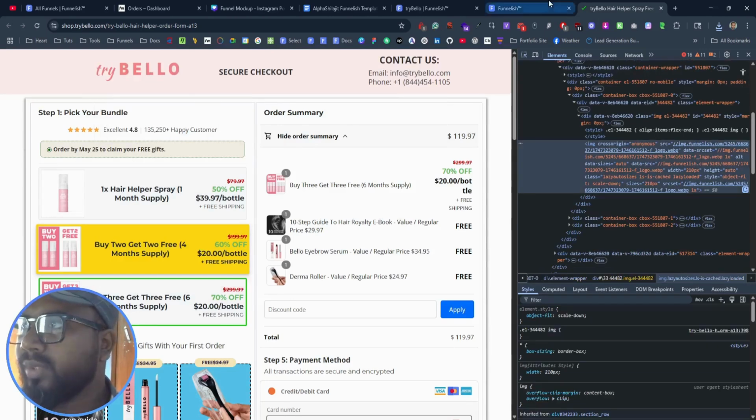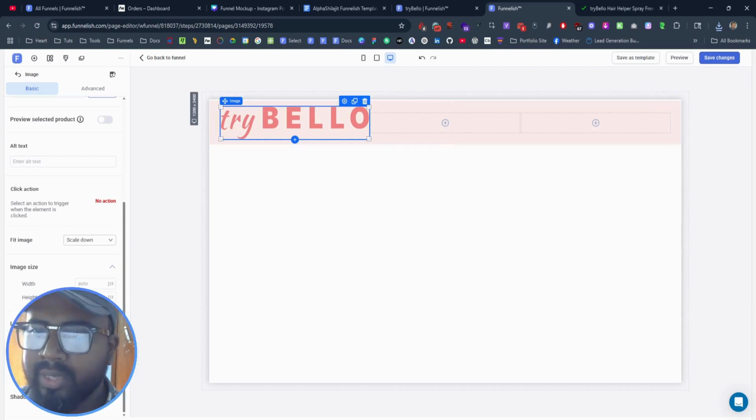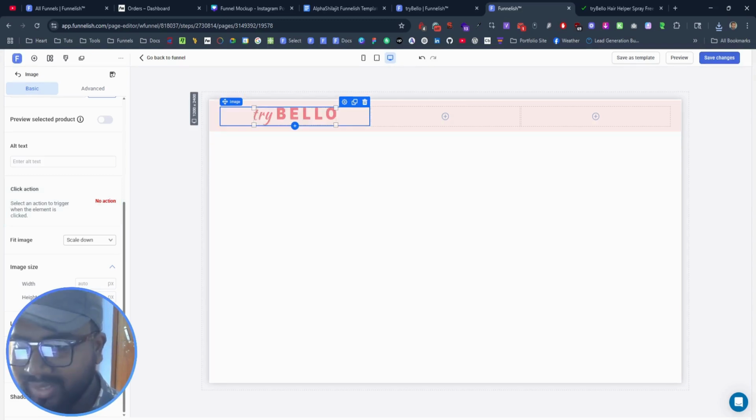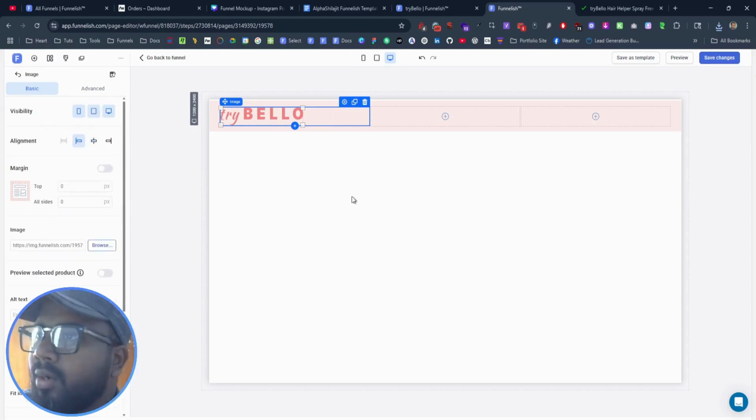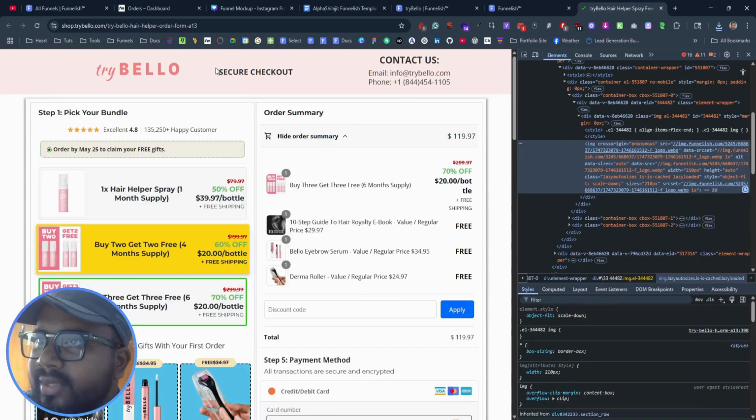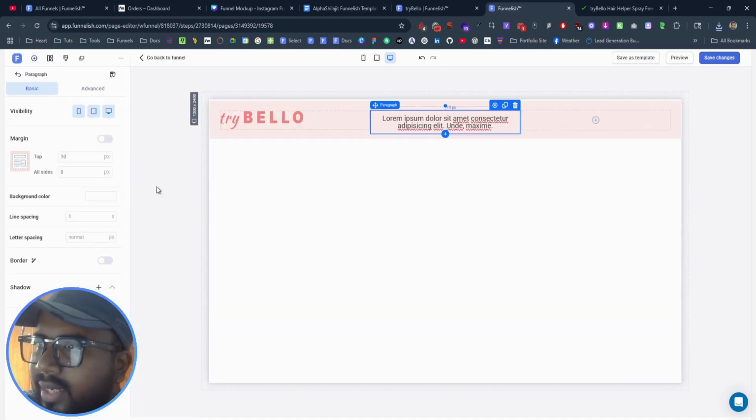So we are going to set a max width for the image. Here you see, on selecting the image, you will have this option, and here you see max width. So we are going to give it 210 pixel max width, and we align it to left. Now our secure checkout text, we are going to copy this text, going back to our page, adding paragraph, removing